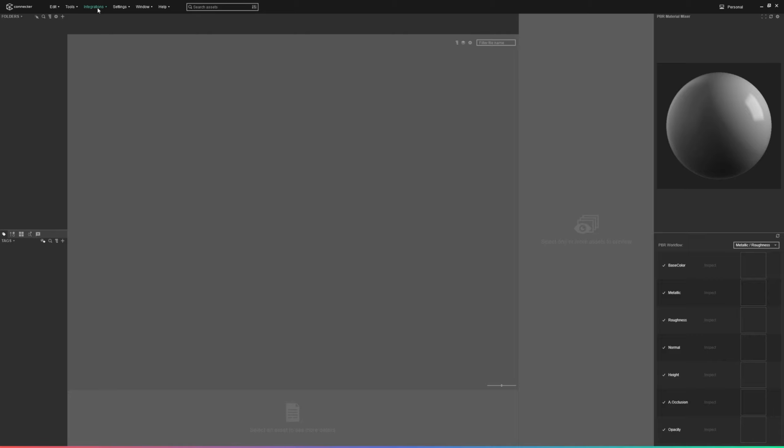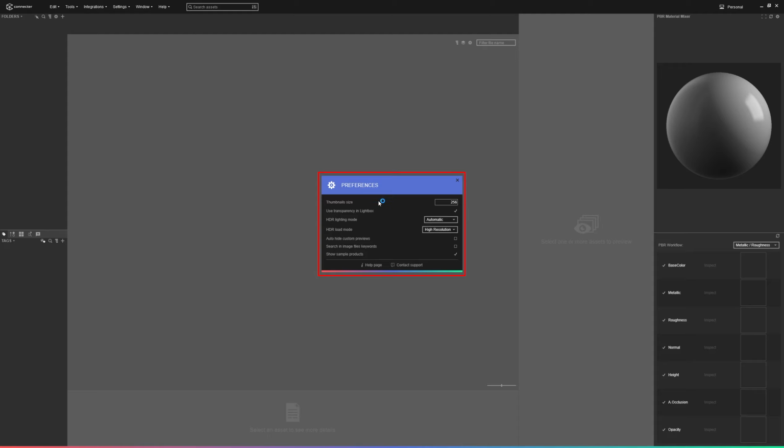Okay, integrations is done. Let's dive into settings. Underneath settings we've got preferences. Most of them are very self-explanatory. For example, thumbnail size will obviously tell you the quality of the thumbnails. Use transparency in Lightbox. This one I'll show you with an example when we are saving JPEGs to PNGs. HDR lighting method when you're looking at your previews, so you can choose if you want to disable or enable it. HDR load mode, high or low resolution,